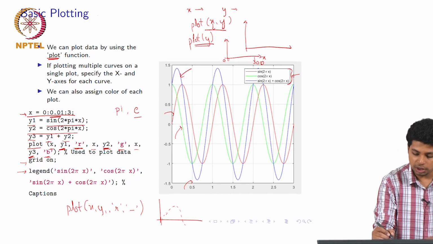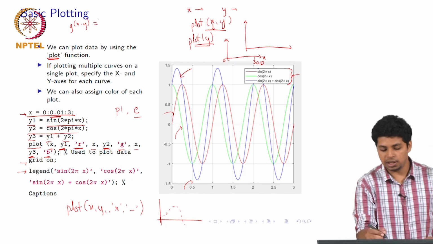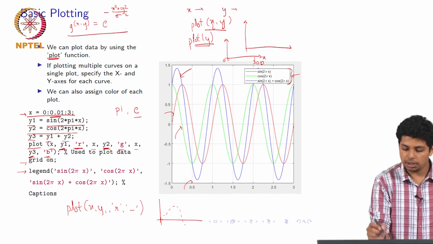If we have a Gaussian distribution in 2 dimensions, say I am storing it in g of xy. As we know, the equation of Gaussian is e to the power minus x square plus y square divided by sigma square. So this is the equation for a Gaussian.